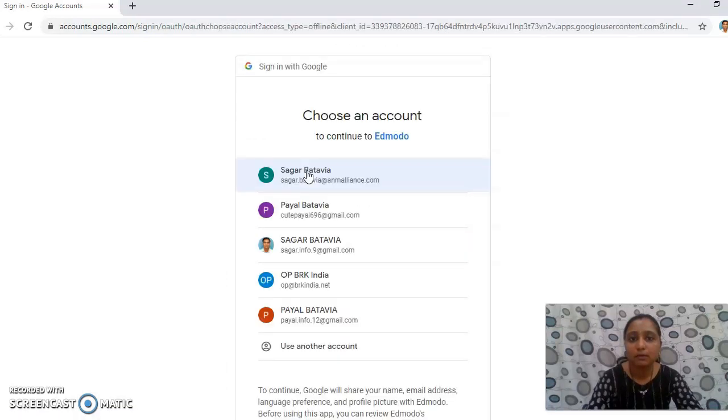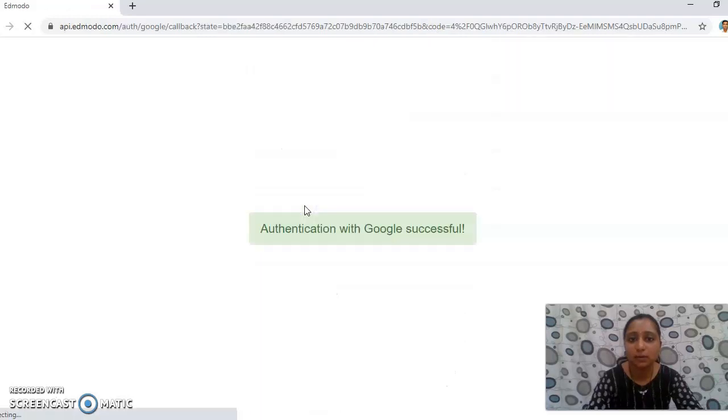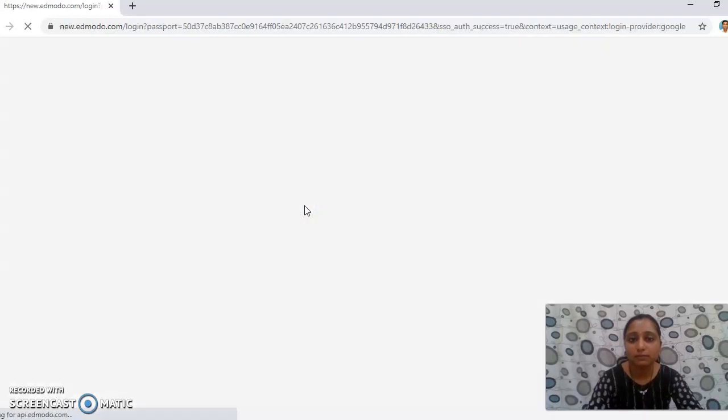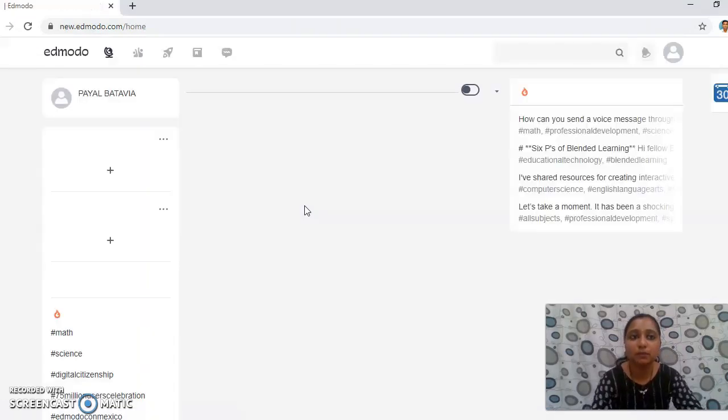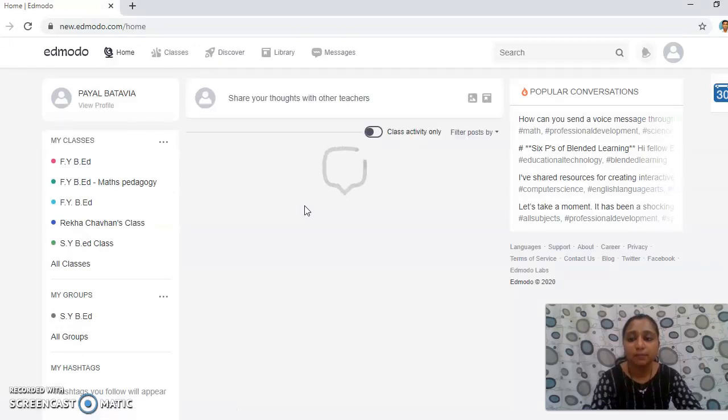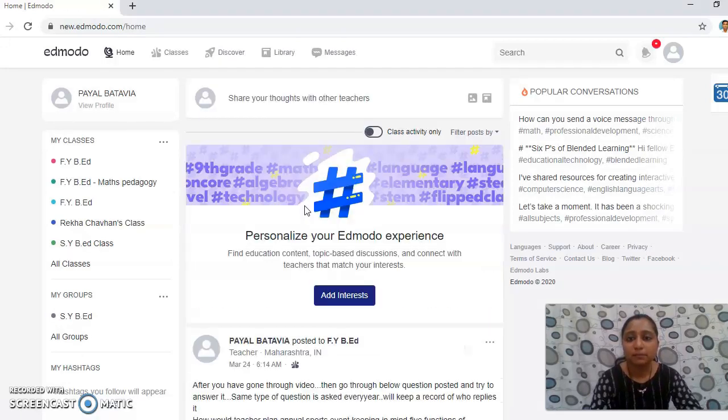I have been asked which ID I want to log in with. So I have clicked on that and I am waiting for the page to open up. And here is the page in front of me which has been opened through this Google ID.